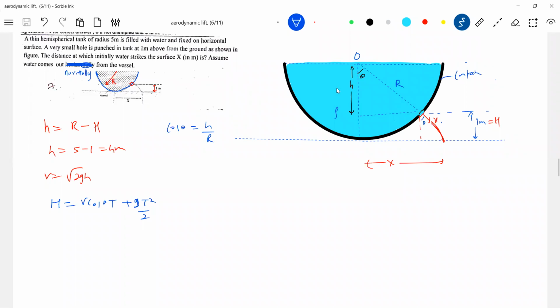There's a basic condition. Okay, we got h. After getting h, it is asking to get the x, no? So we will call it x dash. So what is x dash? It should be equal to range, V sine theta into t. So therefore now what is x equal to? Final calculation. X should be equal to r sine theta plus x dash. X dash is what we have here.